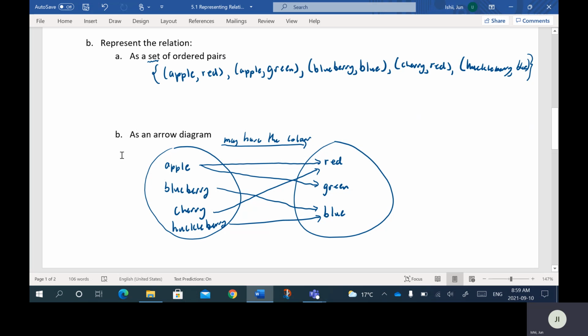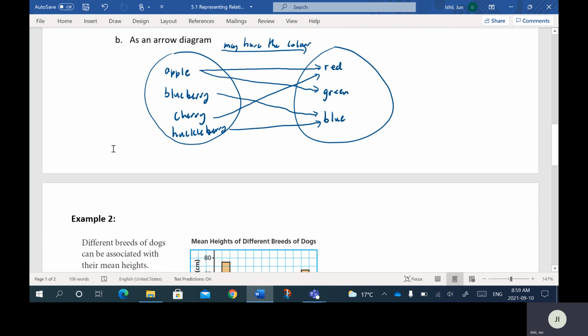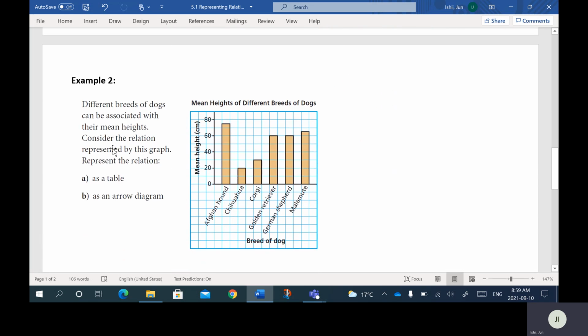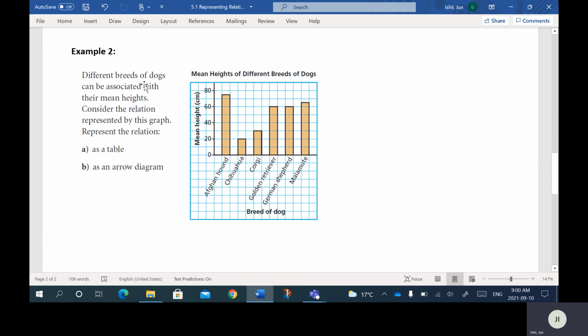So that would be an arrow diagram. Cool. All right, so hopefully that makes sense. Scroll down to the next one here. All right, so this is another